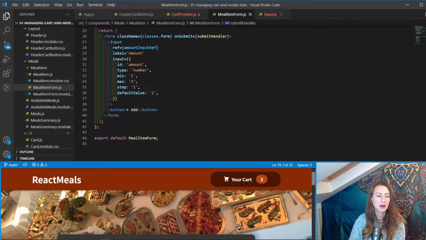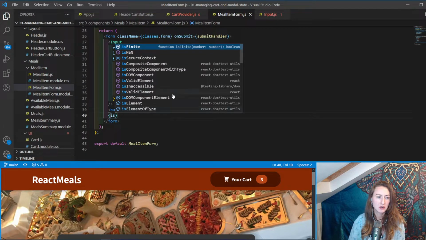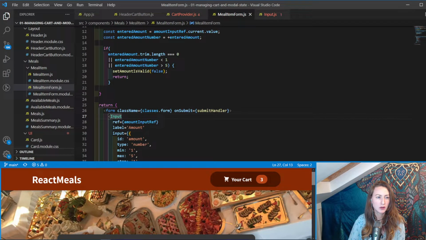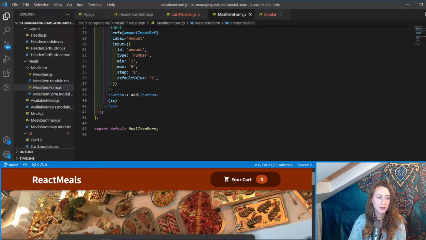And in that case, yeah, we will show an error message. So underneath the button here, we can conditionally show an error message. So, what was it called again? Amount is valid. So we have this amount is valid. So if amount is not valid, then we will show an error message. To say not, you just do an exclamation mark. And then if that evaluates to true,